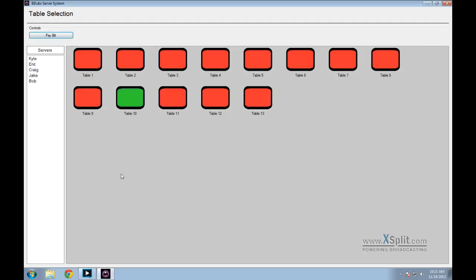And users that would be using this, the servers and hosts and hostesses, would likely have a little bit of training so that they're a little bit more familiar with the